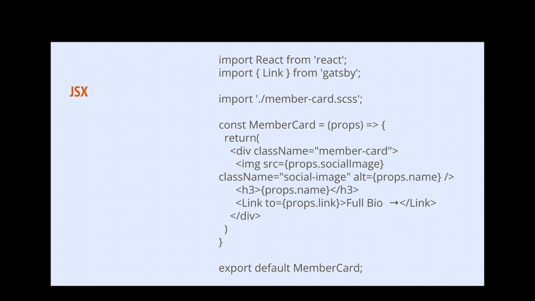Here's the JSX file, the React component itself. You'll notice that we're pulling in all this stuff. We're importing link from Gatsby. We're importing the entire React library into this file. And then we're pulling in the CSS file as well. And then we're just returning a simple HTML into there where we're adding an image and then the name. This is a teaser, so it's really, really easy. And then we're exporting it as a default.